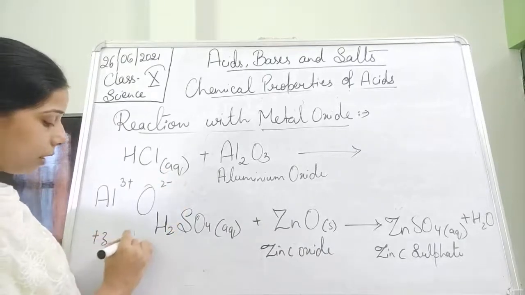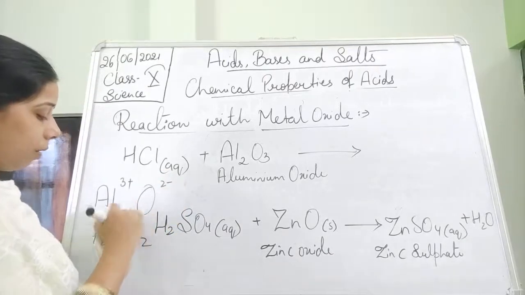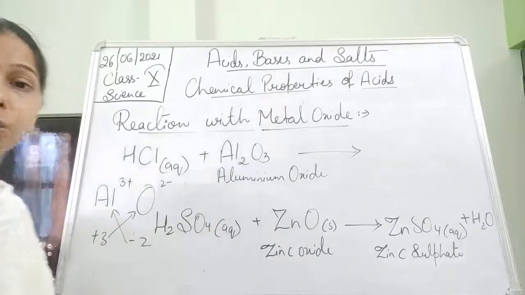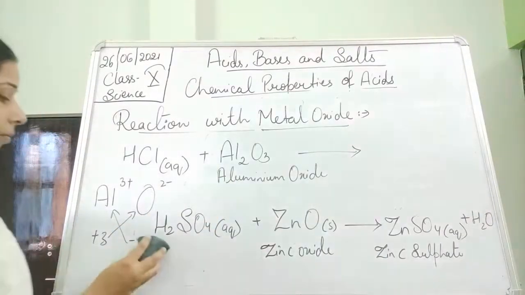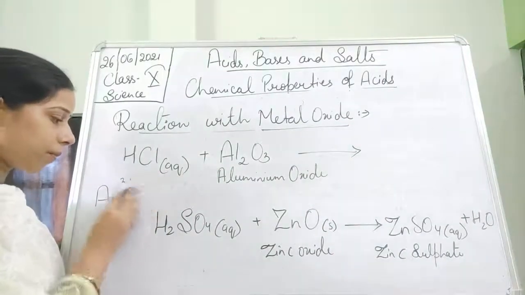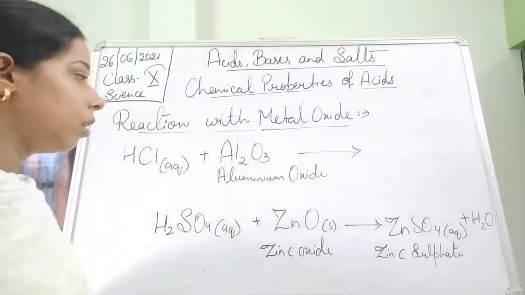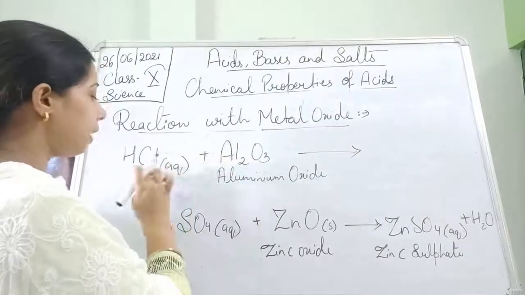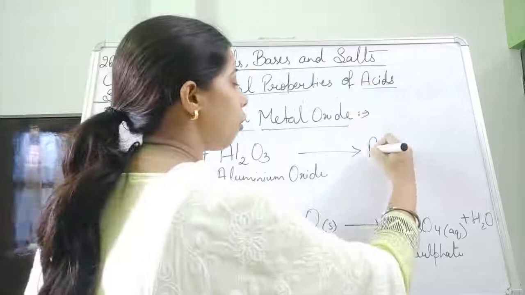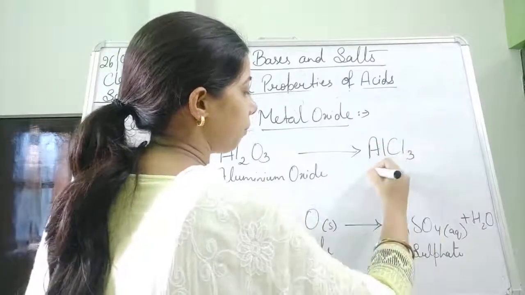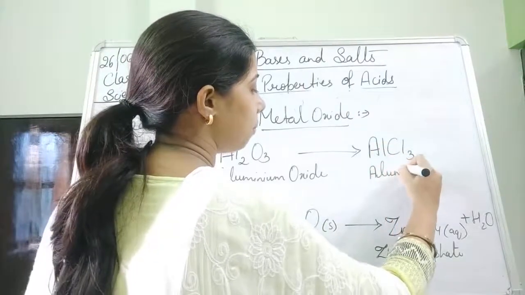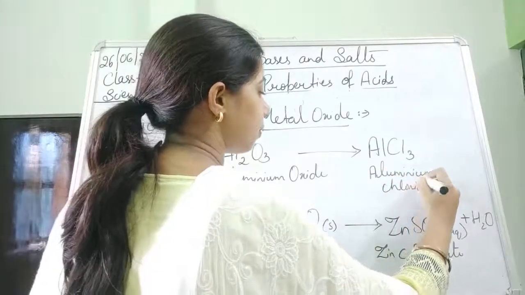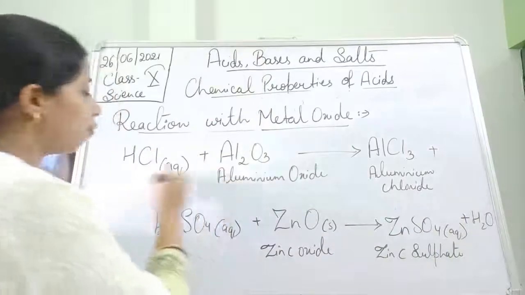So +3 and -2, the cross happens, and ultimately the formula that we get is Al2O3. Here again aluminium will combine with the chlorine and form AlCl3, aluminium chloride, plus water,